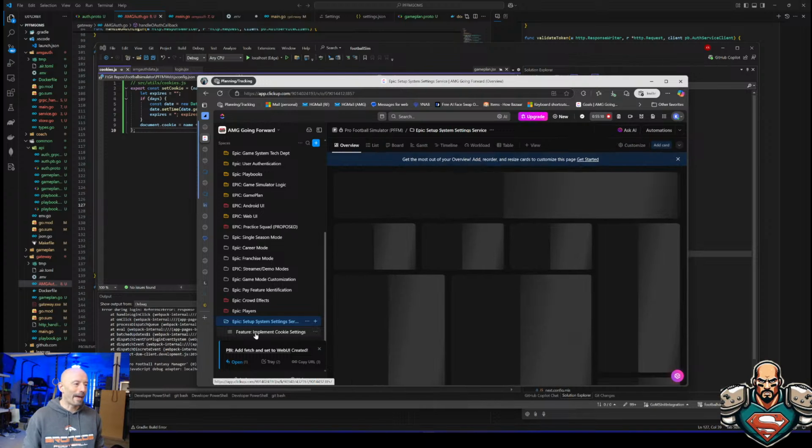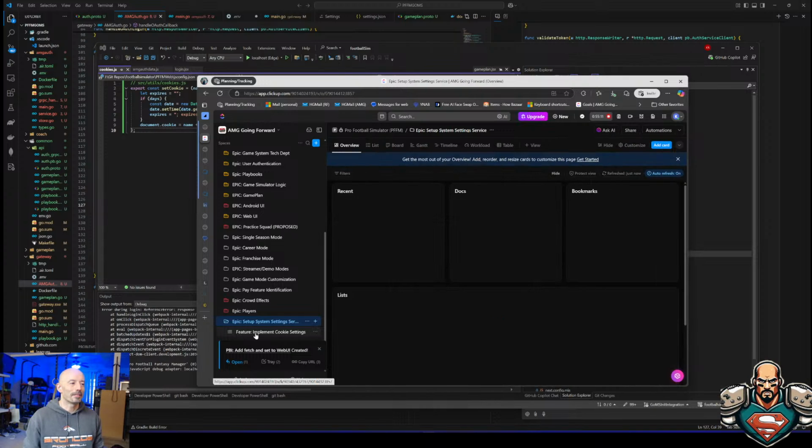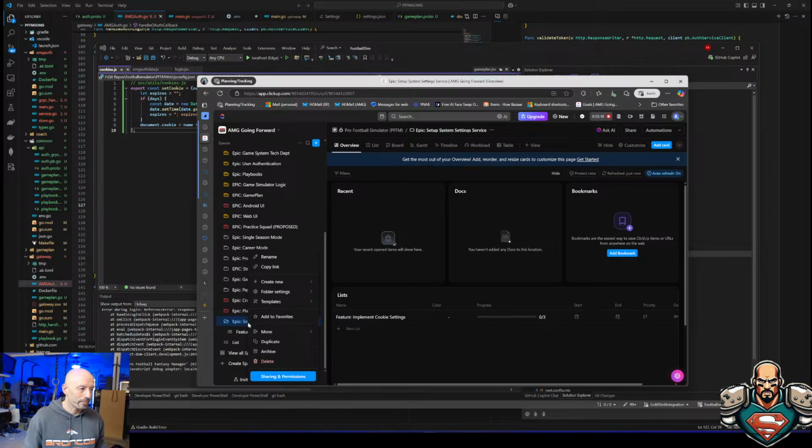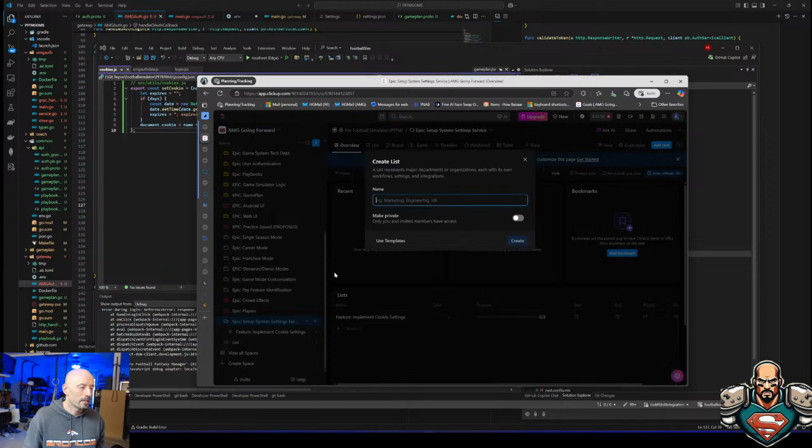I just wanted to have it because I'm probably going to end up adding a lot more to this. So now I can go in there and start adding other things. But what I am going to do is add one more list. One more item to this. These are all set up as lists, right? Yeah, okay. I'm going to add a new list. And this one is going to be called feature. This is actually the creation.